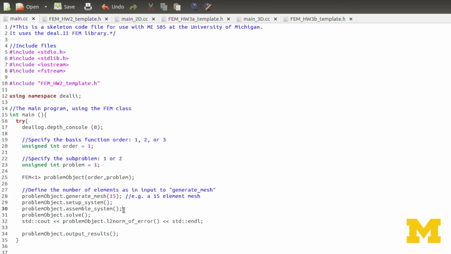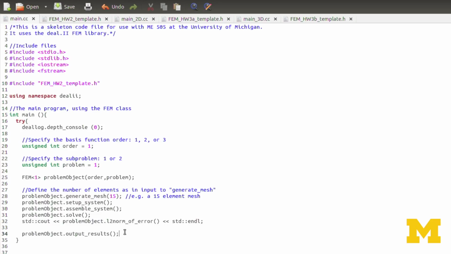And then we actually apply the Dirichlet boundary conditions within assembly as well. Solve is a very short function that simply solves for D equals K inverse F. Here I'm outputting to the screen the L2 norm of the error for the given basis functions and for the given number of elements. And finally, we output results.